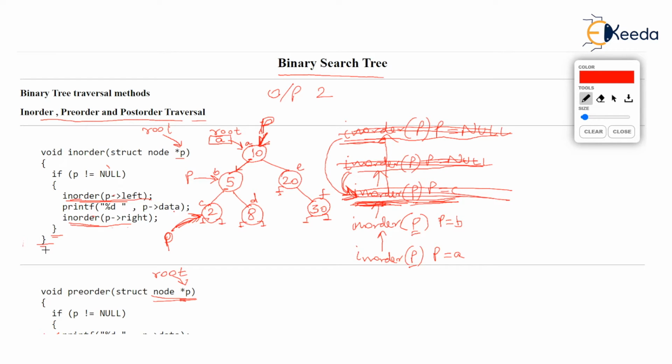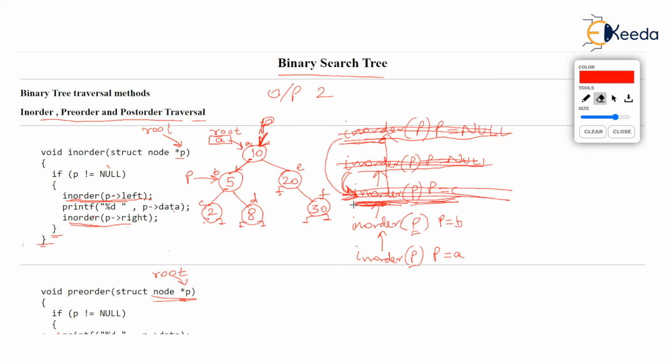Very important thing happens now. If this function inorder p with p at c ends, then the local parameter of that function is deleted. This is so important and so interesting to understand. See, why was this p pointing to c? Come on, because the inorder was running with p. The pointer p was pointing at c. But now that inorder function has finished, when the function finishes, the parameters or local variables of that function are simply deleted. All right.